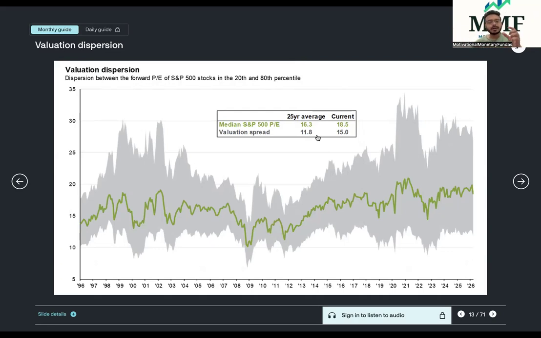What do I mean by that? In the 20th percentile, you have cheap stocks or value stocks, the mid cap stocks, the small cap stocks belonging to the consumer staple space, the material space, right? Hospital space, energy space, the metal mining space, the real estate space. Whereas in the 80th percentile, you have high growth companies, the Magnificent Seven, for example. Correct? So if the valuation spread between the 20th percentile and the 80th percentile starts to increase, it means the trades can mean revert or the trades can become opposite.